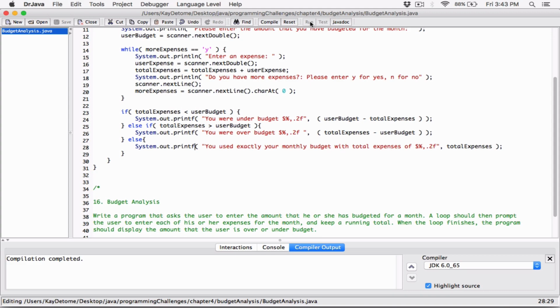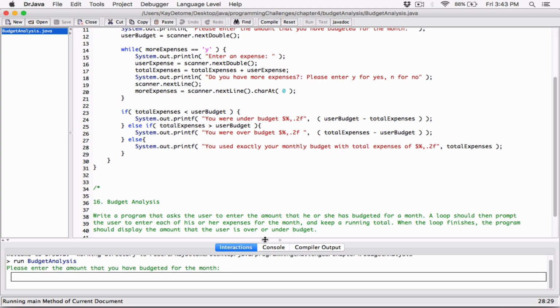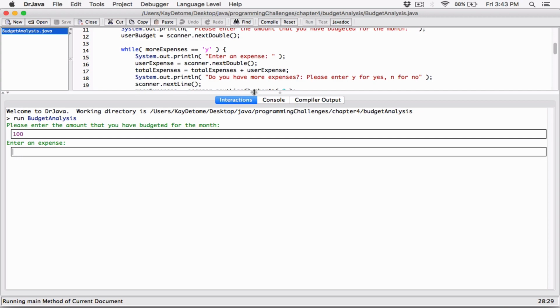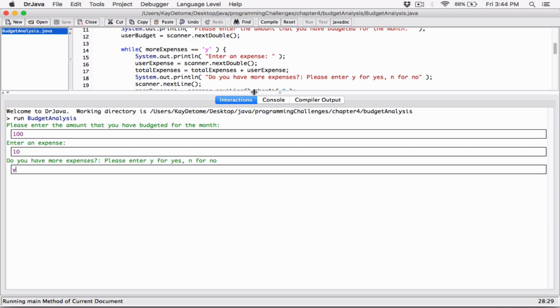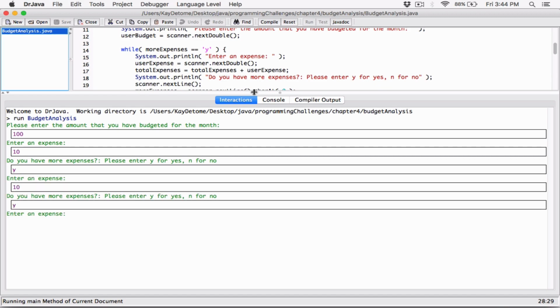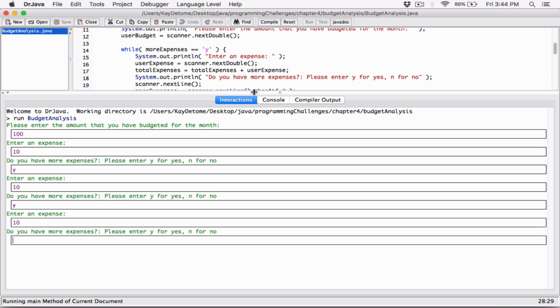Let me go ahead and run it and see if it looks like a dollar amount, which it should. So please enter. First, I'm going to enter $10. Do you have more expenses? Yes. Y for yes. Another 10. Y for yes. Another 10. So I've used $30 so far. I'm expecting to be under budget $70. I'm going to hit N for no, and it says you were under budget $70, and you can see it's